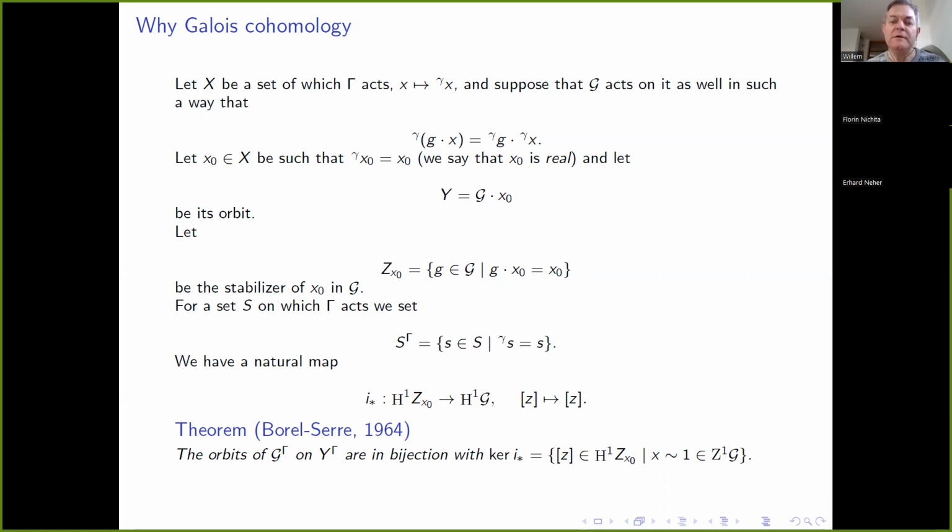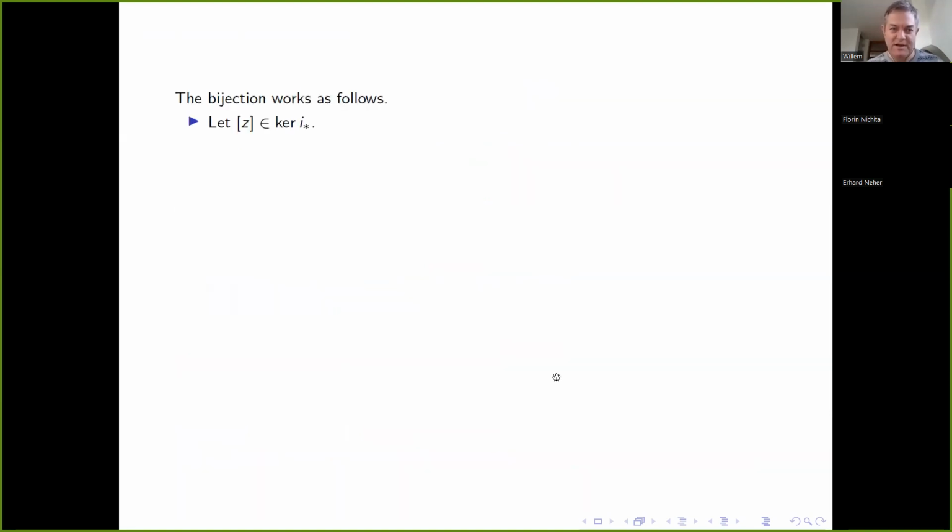So how do I classify real orbits? Well, I start with all real points. I take their complex orbits, which somehow I know from the complex classification. I take these stabilizers, I compute their Galois cohomology sets, I compute these kernels, and then I know all real orbits contained in all complex orbits, and so I know all real orbits. So that's more or less how it goes. Of course, this is not so easy because otherwise, well, there wouldn't be a problem. But anyway,